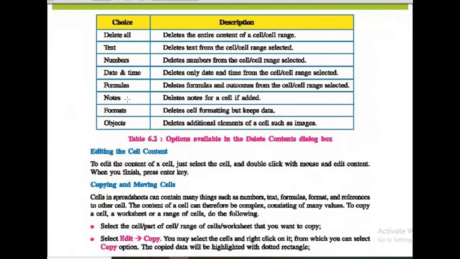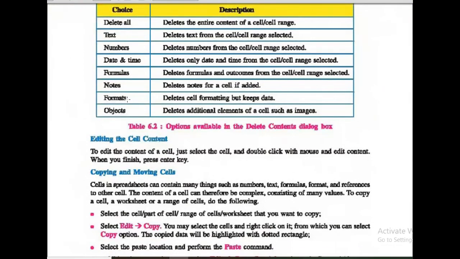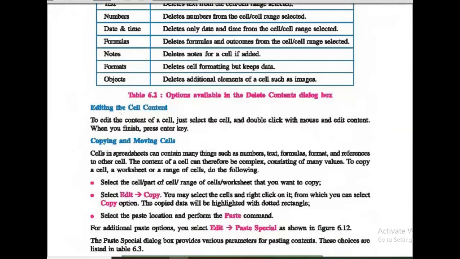If we have added any notes in that cell, it deletes those notes. Then format, if you have applied any format, for example text color, bold, italic or underline, and alignment, it will delete the format only for that cell and the content will remain intact. Objects, if outside objects like an image or anything else are included in that cell, when we select the object and click on delete, it deletes that object.